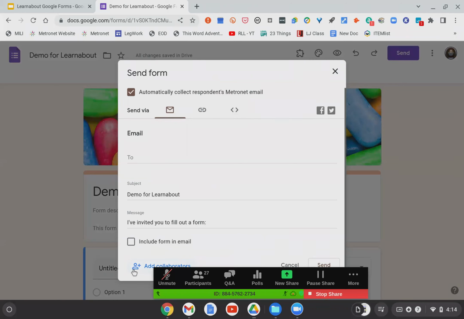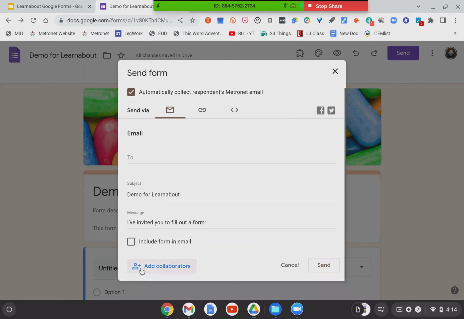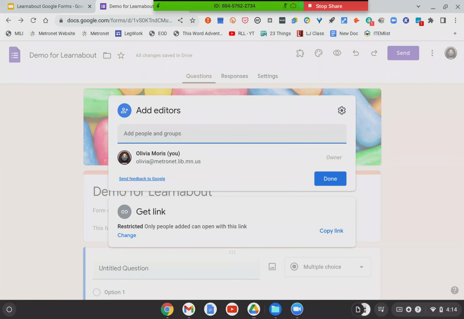You can also, this is also where you can choose to add collaborators. Again, this bar is in the way. The add collaborators, selecting that gives you the ability to name specific people. And if you name them as collaborators, then they come up as editors. So if you're sharing this with someone and you want them to work on it with you, this is where you can do that. It also defaults and gives you the link for restrictions and permissions.